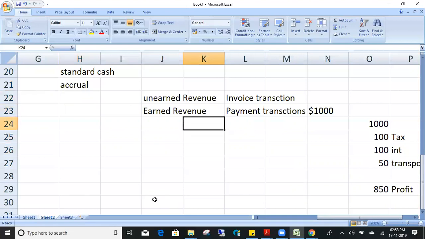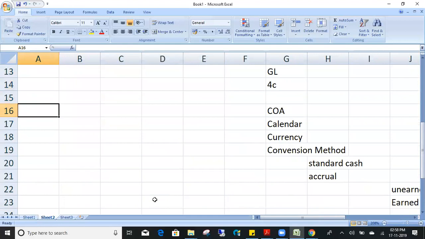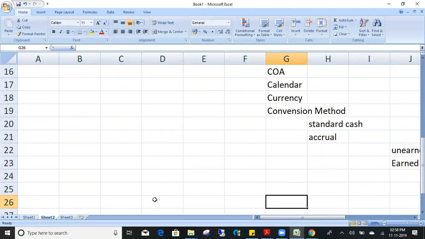So let us go for the GL. We want to create a chart of accounts. So all these setups you have to do. Four or five setups you have to do. Then only you can say that my GL, my general ledger, is ready. So we have to create all the chart of accounts setups. Then only you can say that my setup is ready. You can use it for posting your transactions. Okay. So let us